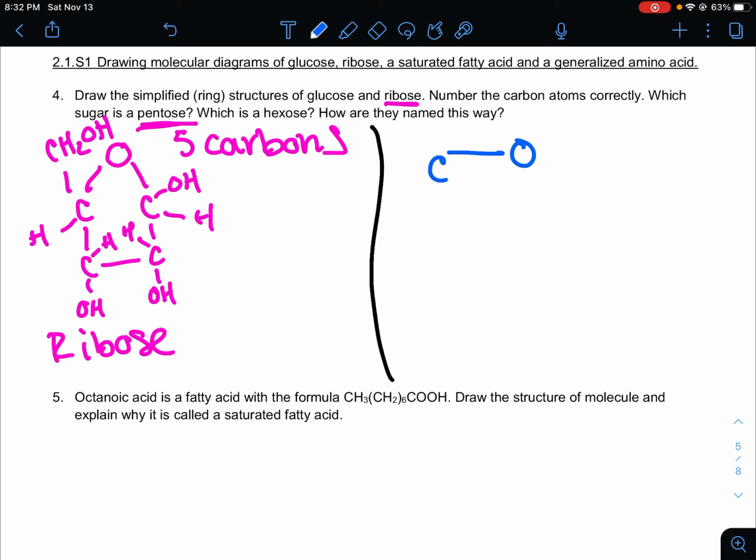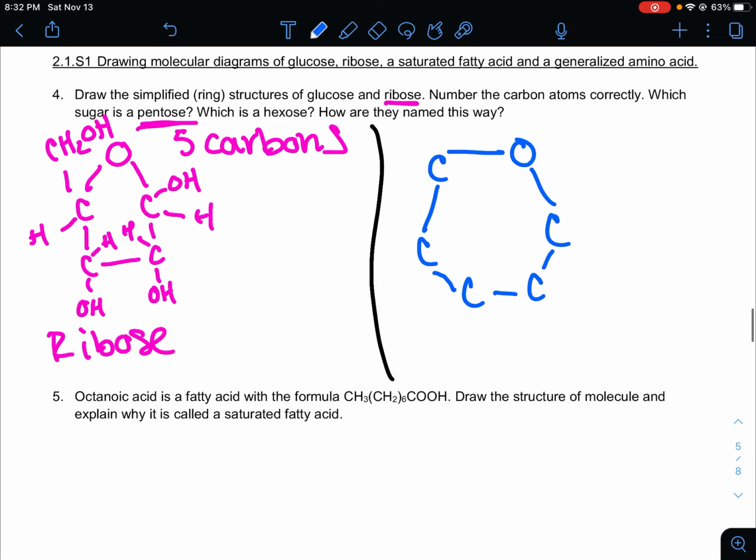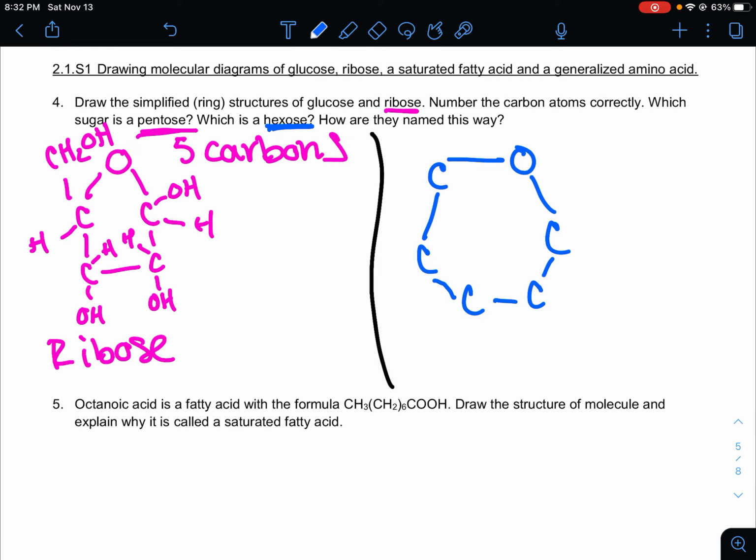Then we have the carbon, carbon, carbon, 5. So glucose is a hexose sugar, so it should have 6 carbons. So just like we did with ribose, put the CH2OH at the top,